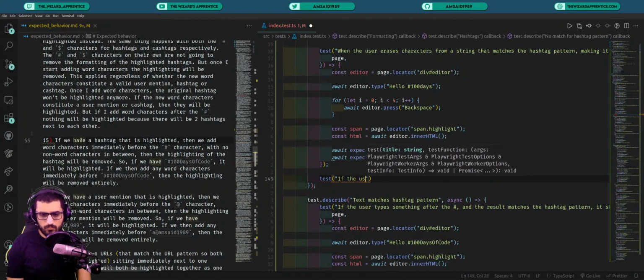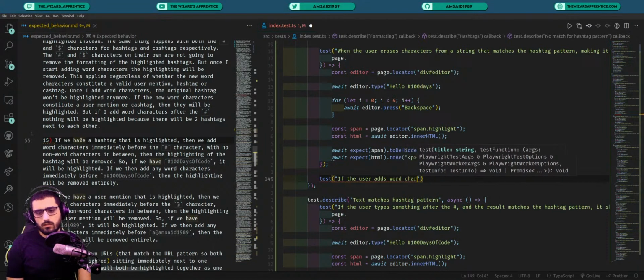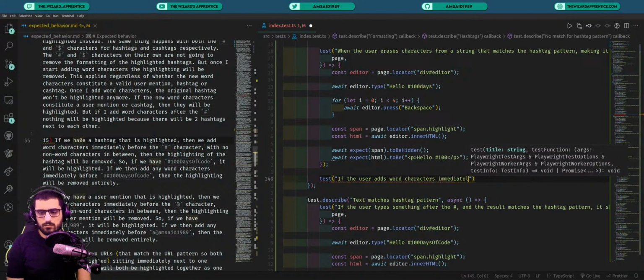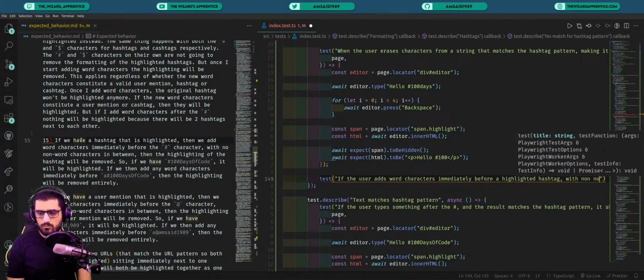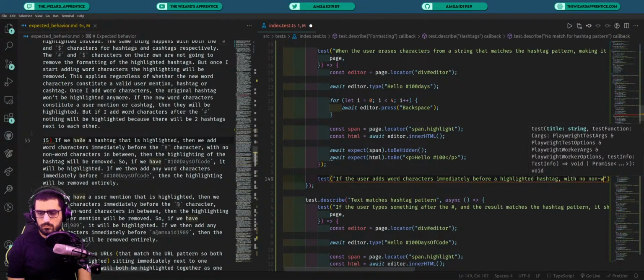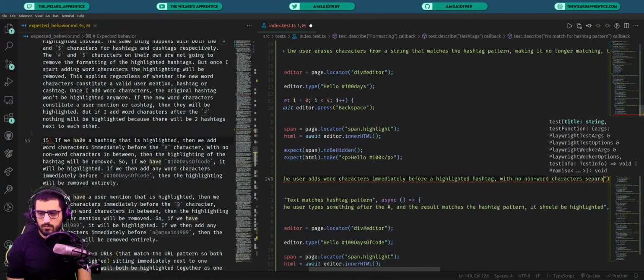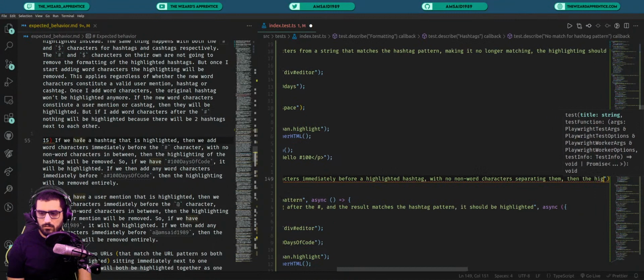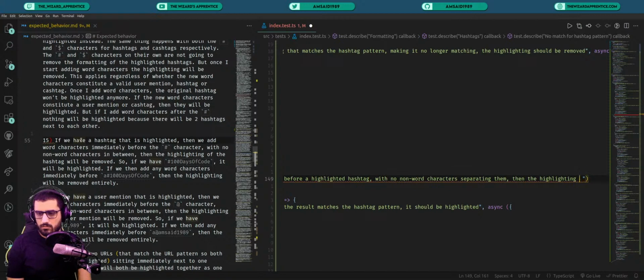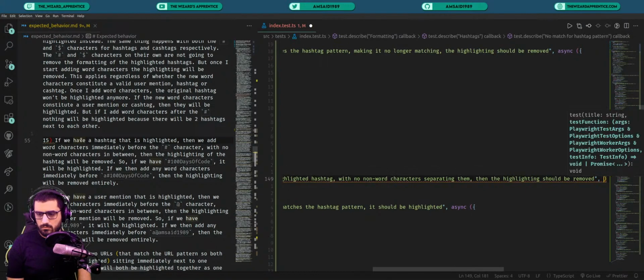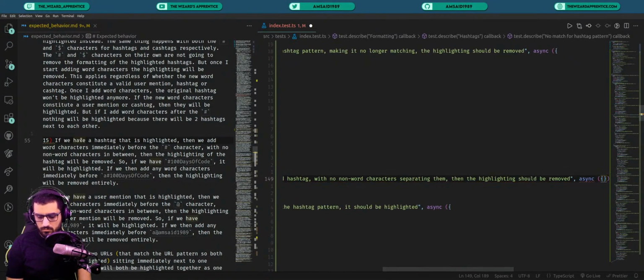If the user adds word characters immediately before a highlighted hashtag with non-word characters separating them, then the highlighting should be hidden. So we'll do this,